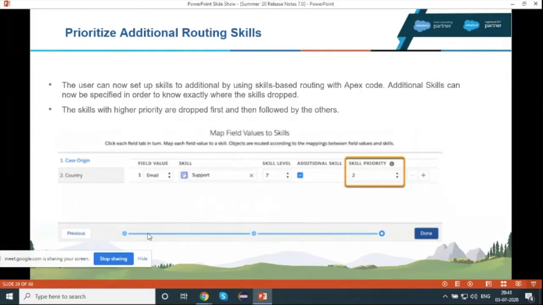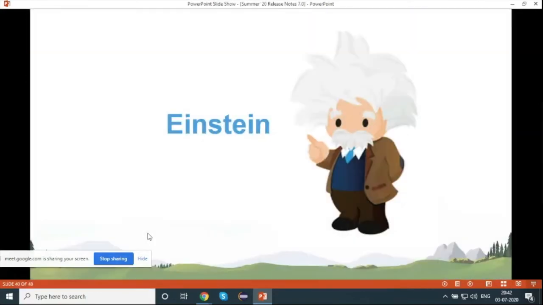So I can assign the laptop skill to that agent and give the priority like 2. So whenever any laptop work comes in and all the laptop support persons are busy and this person is free, then the laptop support query will be assigned to this person because this person has the skill but with second priority. So now, using this, a single person can handle multiple tasks, and we can control this also.